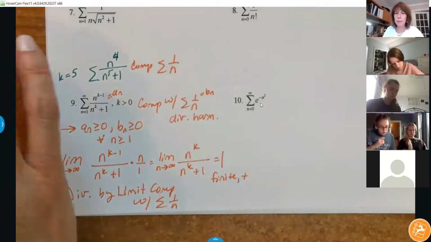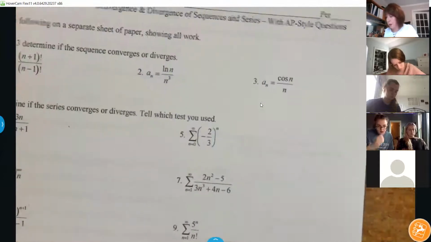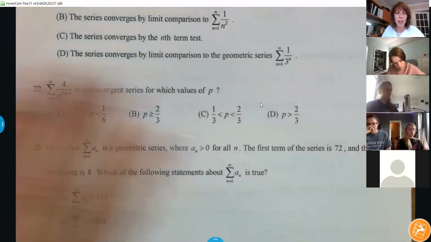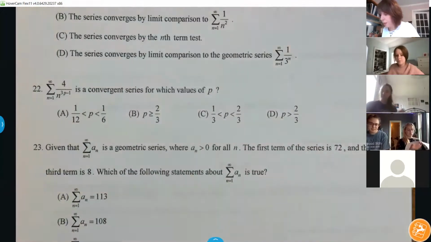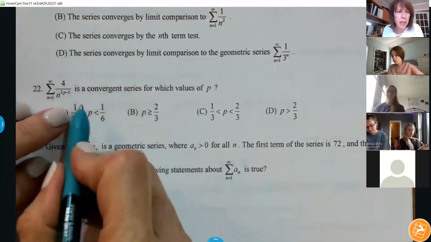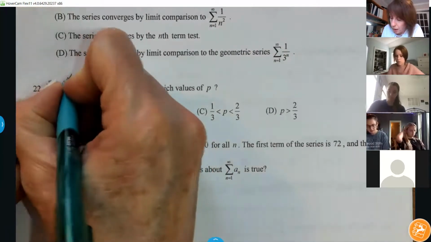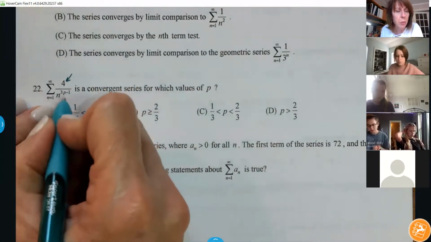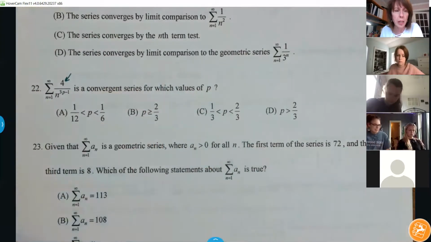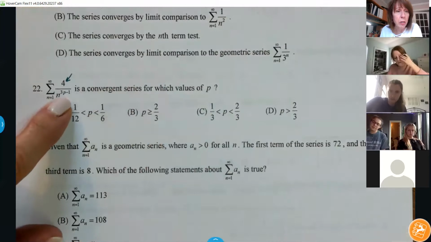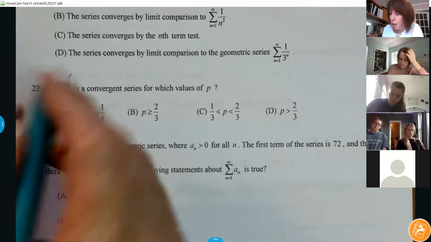Can you do number 22 on worksheet 7? You bet. Let's grab it. Okay. So they say this is a convergent series for which values of p. So first of all, the 4 on top with the n to a power on the bottom, the 4 on top is not going to affect anything, okay? So it won't affect convergence at all. All I need to do is focus in on this n to the 3p minus 1,